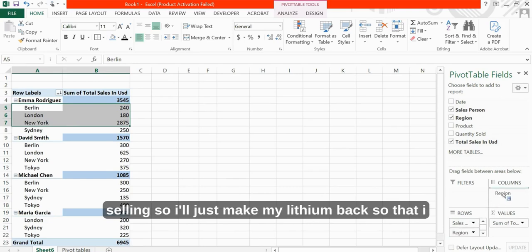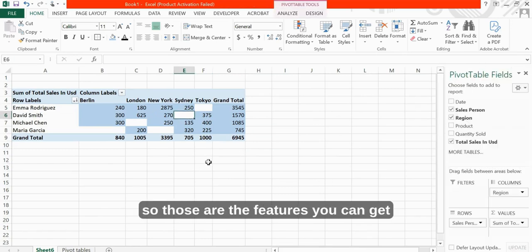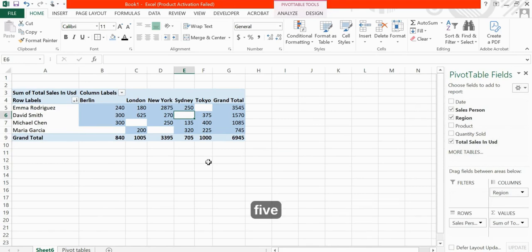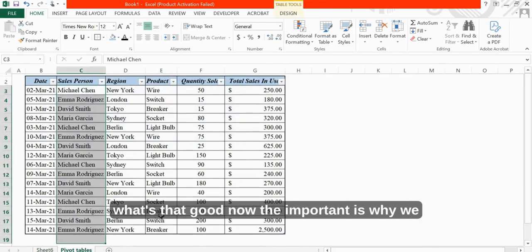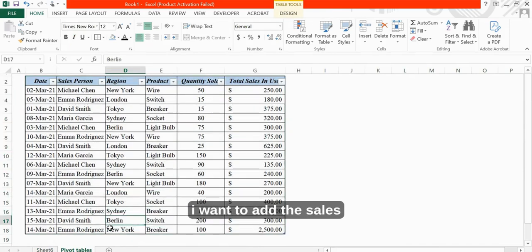So I'll just make my region back so that I get to this. Yeah, so those are the features and the kind of analysis you can get from PivotTable. Now, the importance of why we converted this data to a table form is that I want to add the sales entries